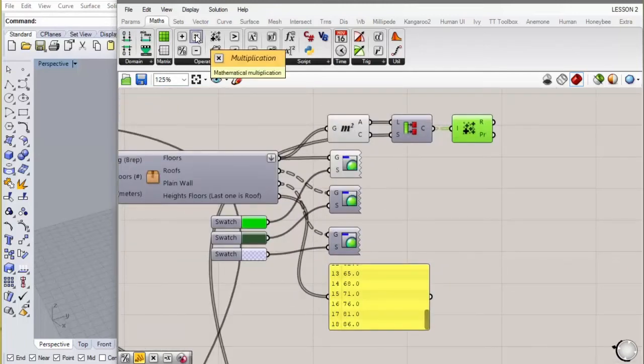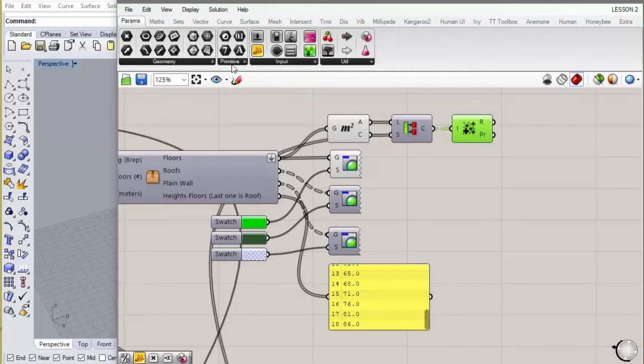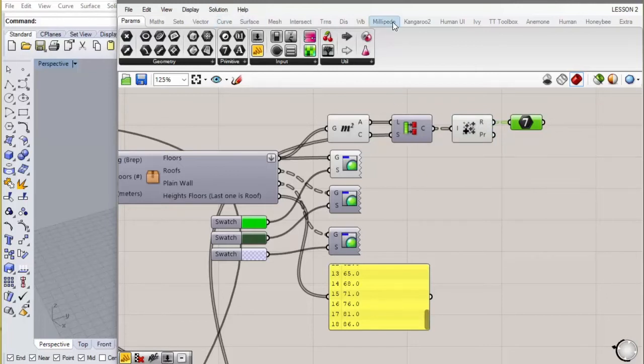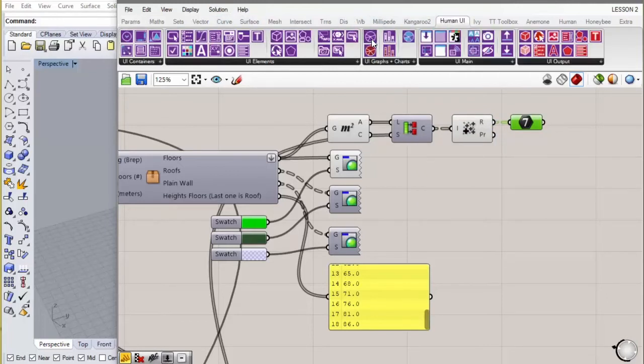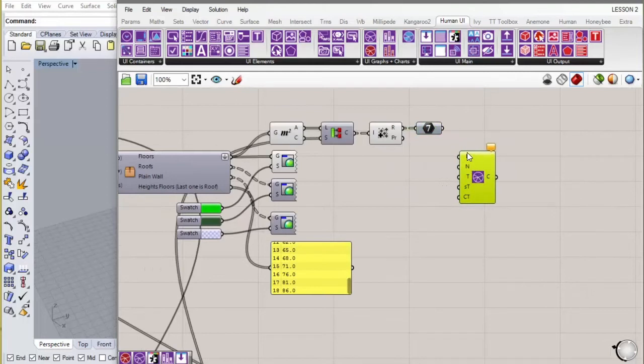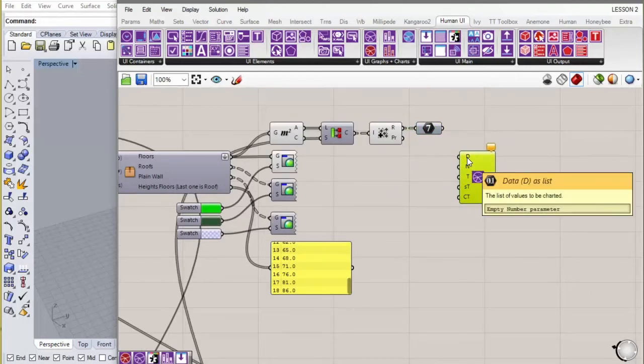And let's just make this an integer because it's area. And that's what we want to chart. So let's go back and create a chart. Once again, it asks for the list of values to be charted. It's this.